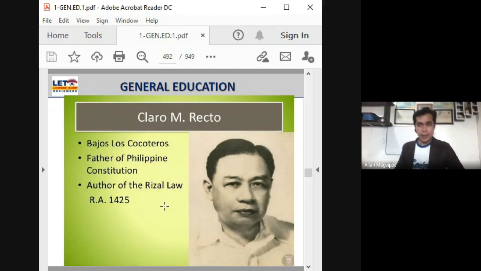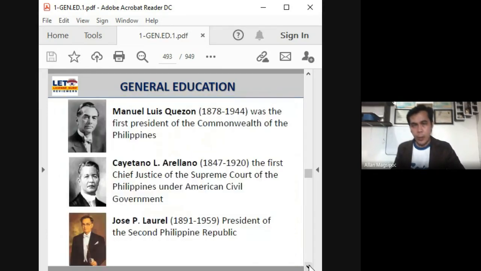That the life, works, and writings of Jose Rizal be embedded in our curriculum sa college, or nabasa high school na, Il Filibusterismo. See? Law pala yan siya. RA 1425. Authored by Claro M. Recto. Si Manuel Quezon, we know him, the President of the Commonwealth of the Philippines. Ama ng